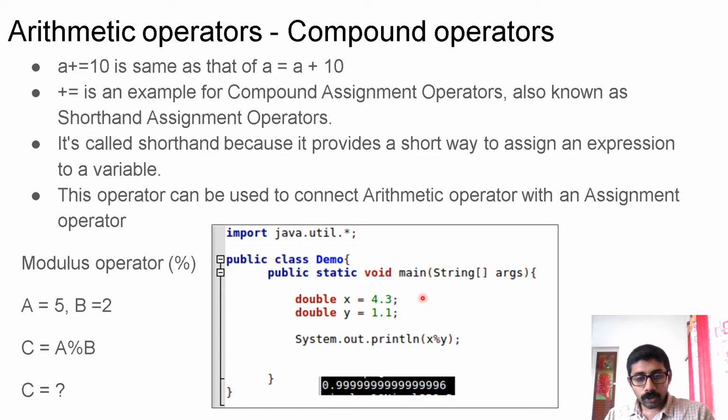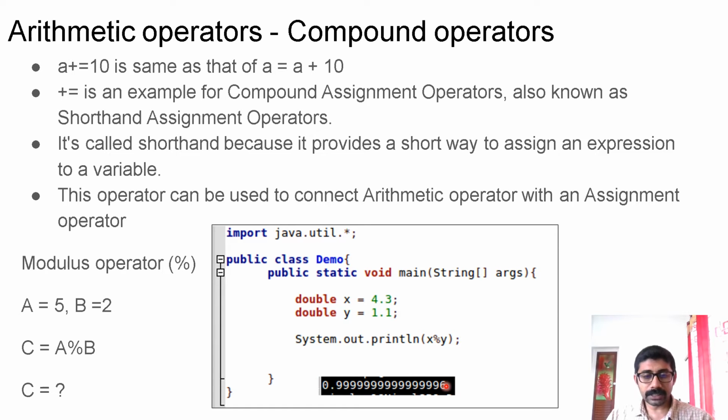In Java, modulus operator can be applied to any numeric value, whether it is integer or fractional. In this example, you have double x and double y. x modulo y. Here result will be, see, 4.3 minus 3.3. So you will be getting result 1. So when you print this, in the double representation you are getting 0.99999999999999 something. That is nothing but 1 only. It is represented in double format with a trivial error, means very negligible error.